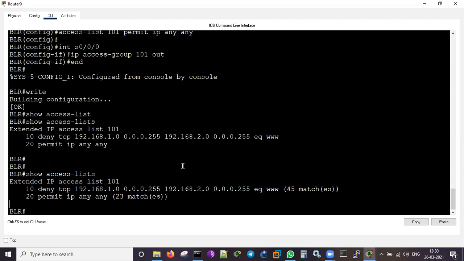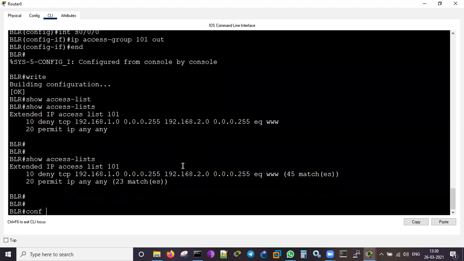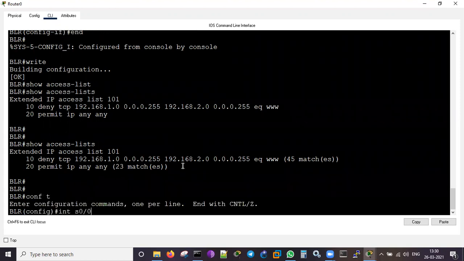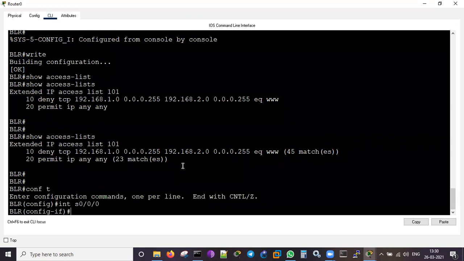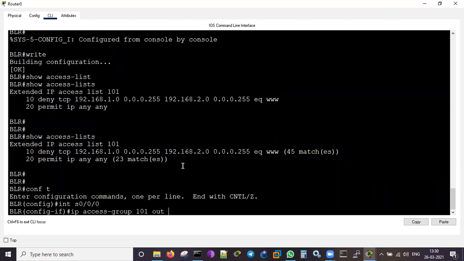If you would like to remove it, in the sense of normalizing it, meaning every other traffic should be activated from the Bangalore side to the Delhi side, we just need to do it on the serial 0/0/0 interface. Let me bring the lines. This is the one.